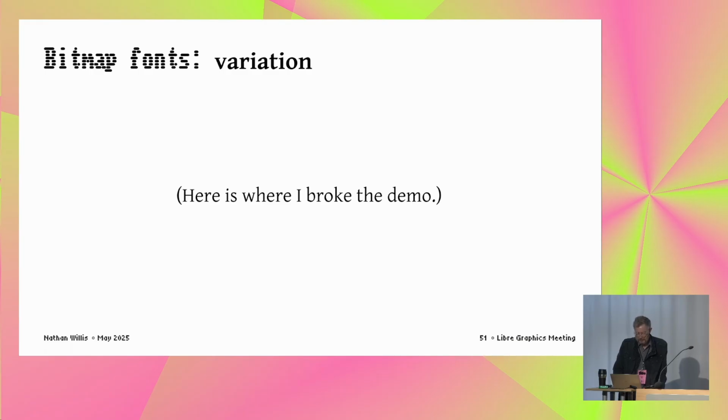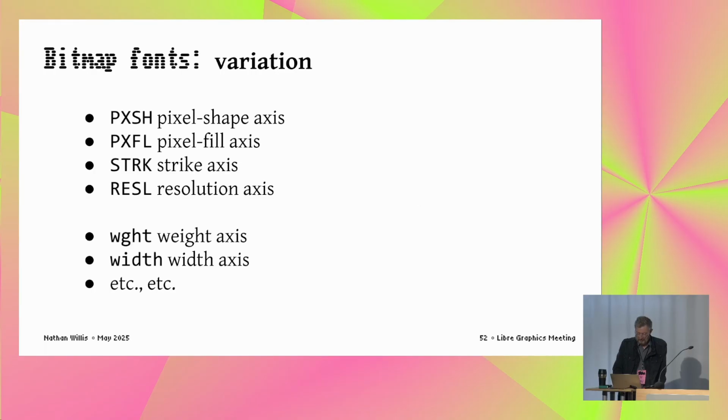This is a bit of a toy example. So this is what I broke, which is that I had a subset of the glyphs working with all of these axes in them, and then I tried to do more. The goal was a full variable font.